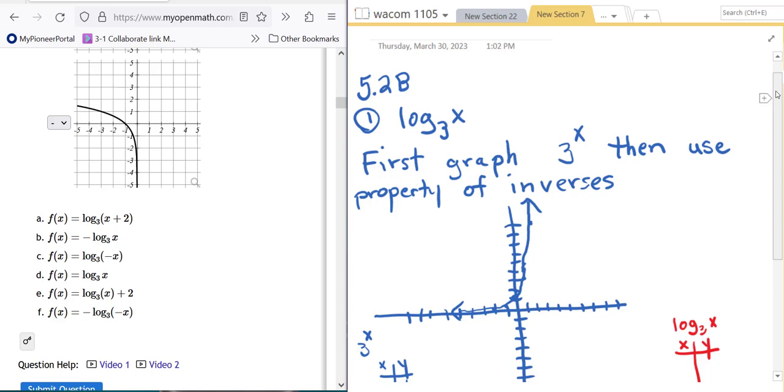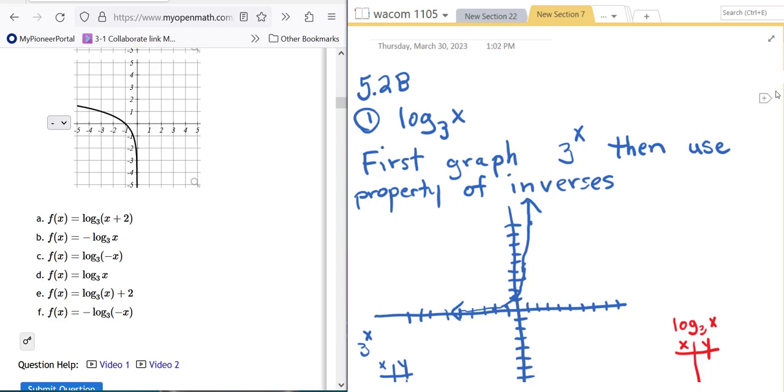And I think if you're using Desmos, you would also need to go the way I'm going to show you. So instead of trying to graph the log-based something, I'm going to graph the exponential and then remember about inverse functions